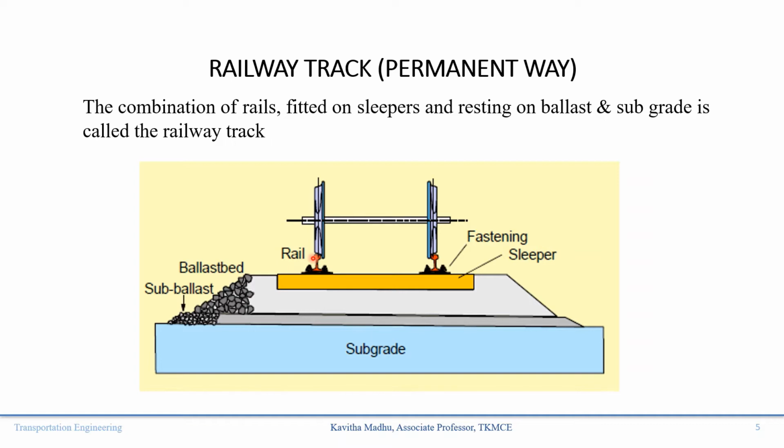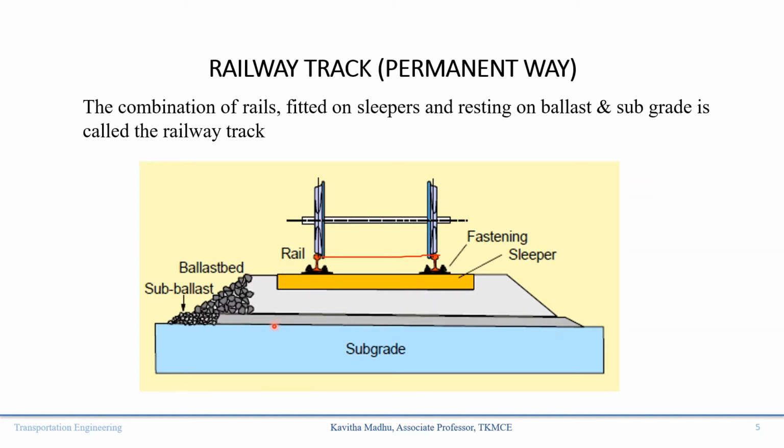So let's see rail. The rails are the girders to transmit the wheel load to the sleeper, and they have to provide a firm surface for the wheel to run over. Okay. Then come to the sleeper. So what is the function of sleeper? The wheel load that is coming off the rail is to be transferred to a larger area of ballast, and at the same time they have to fix the rails correctly and maintain a proper gauge. Gauge is the clear spacing between the rails. And for that, the fasteners help to fix the rail properly to the sleeper.